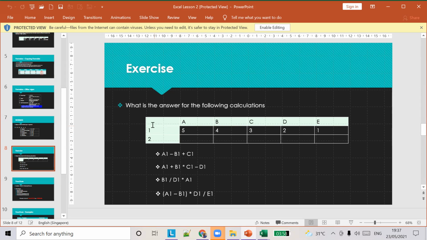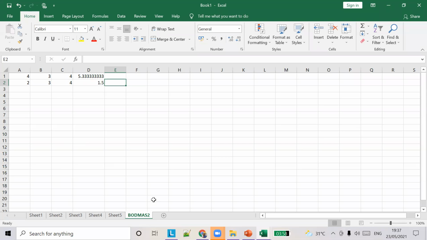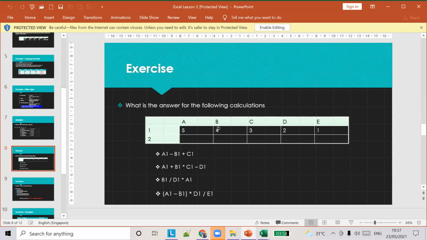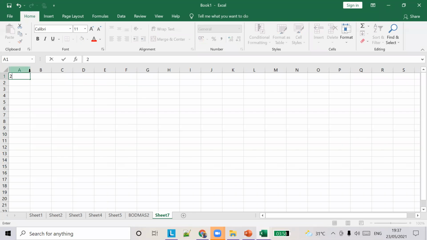We're going to calculate the value for these elements. Let's say we have 5, 4, 3, 2, 1. We have several formulas here.